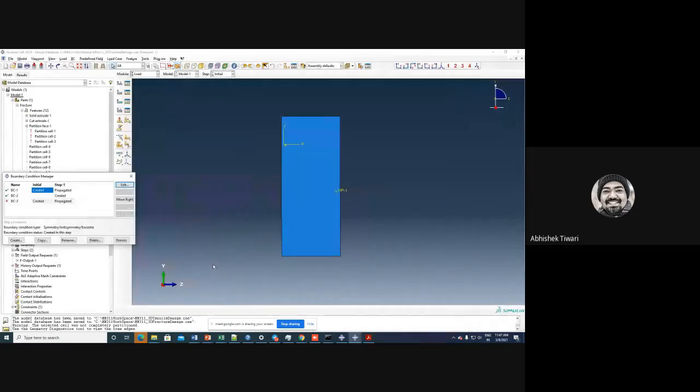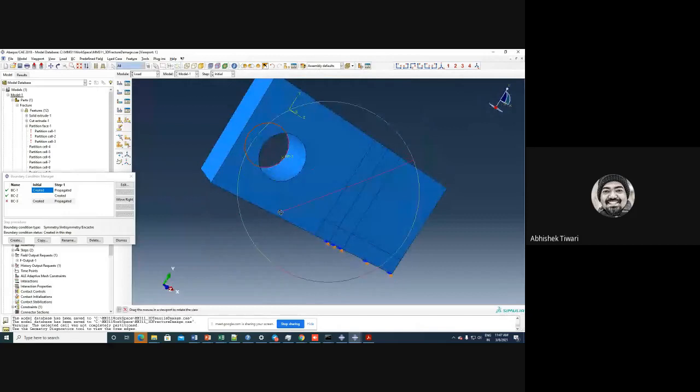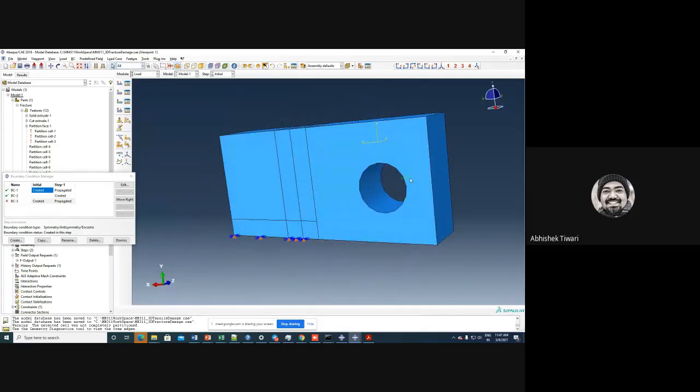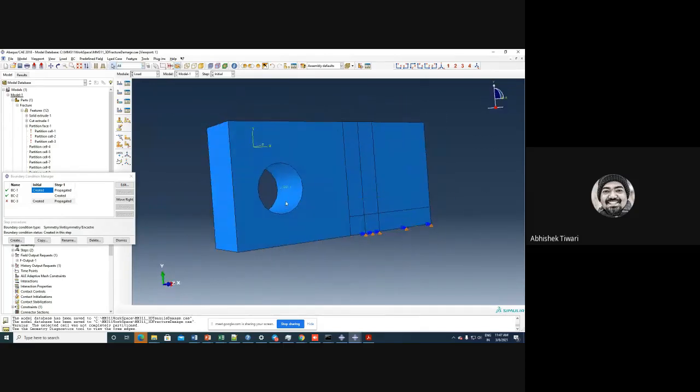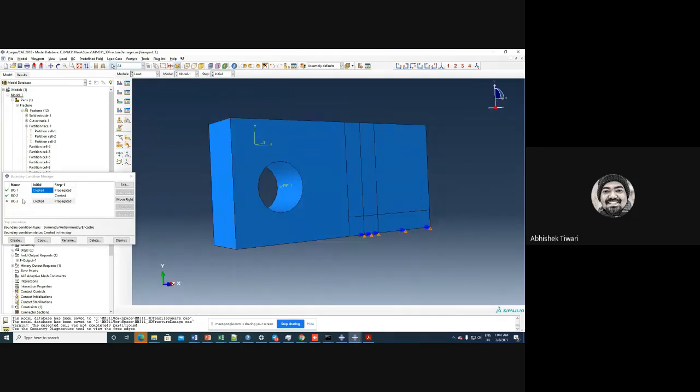So one symmetry I have applied on the crack plane. Now I will be applying another symmetry on this face, because my reference point will be then at the center. If I apply it on this face, the reference point is there. Okay, so I will apply here the symmetry in the thickness direction, which is Z direction.